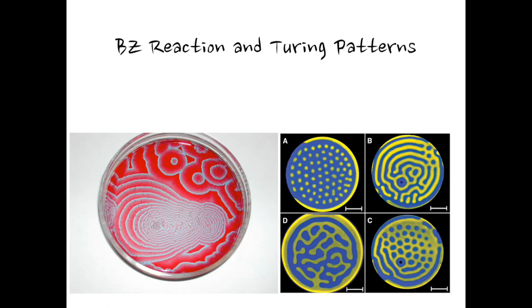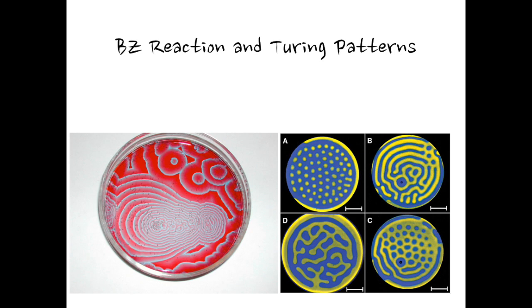To put it a little bit differently, there's an activator that can catalyze its own production and that of its own inhibitor. So if you have an inhibitor that diffuses away from the center of the reaction faster than the activator does, then you get this ring, this wave spreading out from the center and leaving behind it areas of activation. And that's how spatial patterns can be created by chemical reactions.